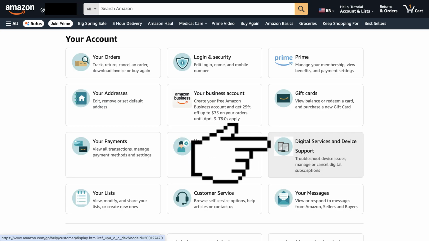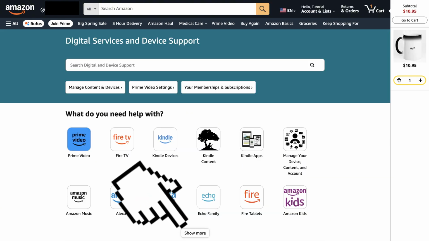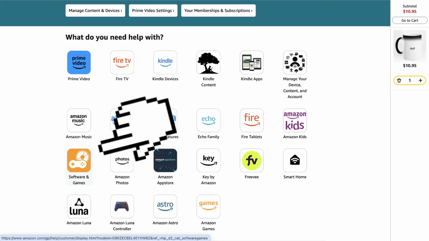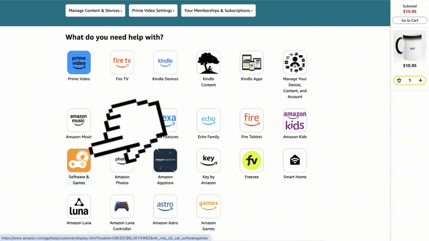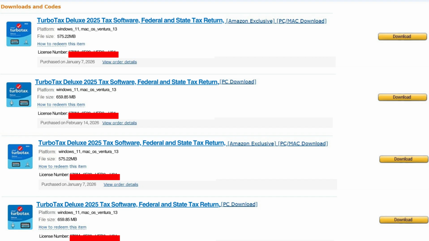to this page. Then, tap on the Digital Services and Device Support button right here. On here, click on the Show More button at the bottom of your screen. Scroll down a bit until you see this Software and Game option, then click on that. After that, you may scroll down a bit, and you will see the TurboTax that you just bought before on